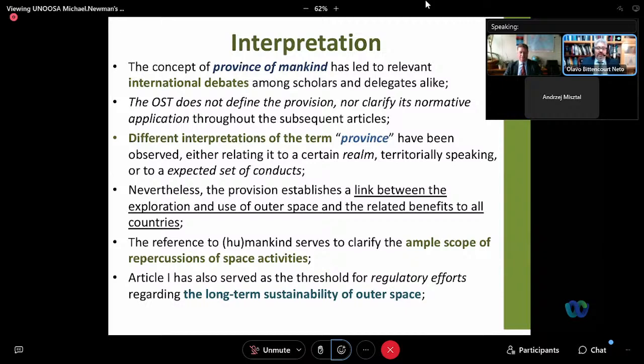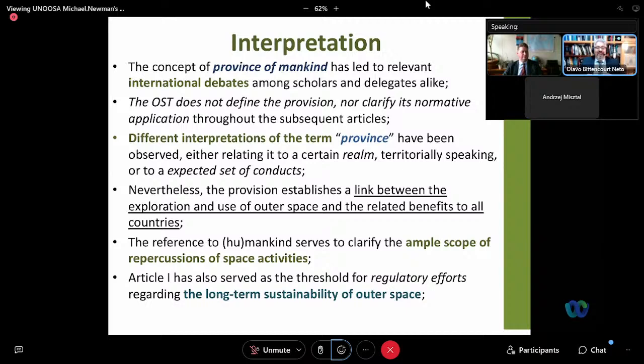So, it's really complicated because interpretation of treaties may be more an art than a science. But the Vienna Convention on the Law of Treaties of 1969 has a whole section in its Part 3 devoted to codifying the primary rules of interpretation of treaties. In its Article 31, the Vienna Convention produces a sensible compromise between the textual and teleological approaches, stipulating that treaties shall be interpreted in accordance with the ordinary meaning to be given to the words in their context and in light of the treaty's object and purpose.